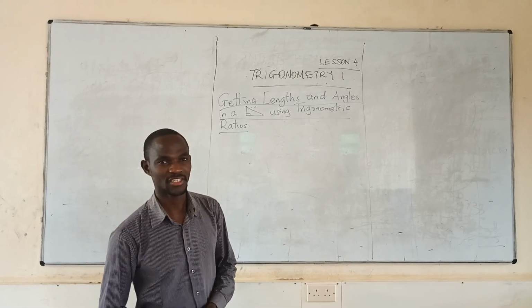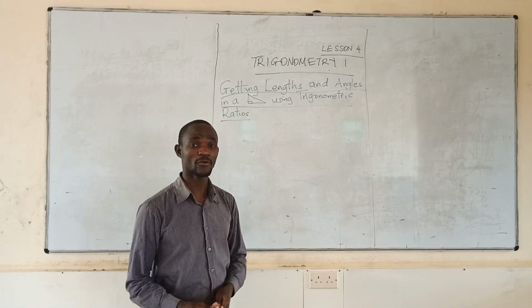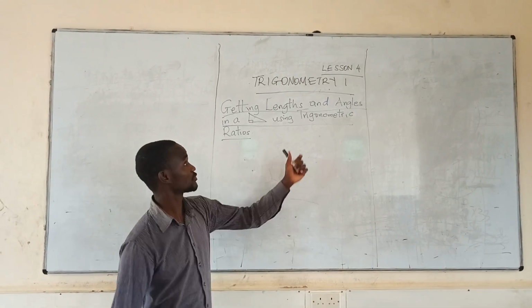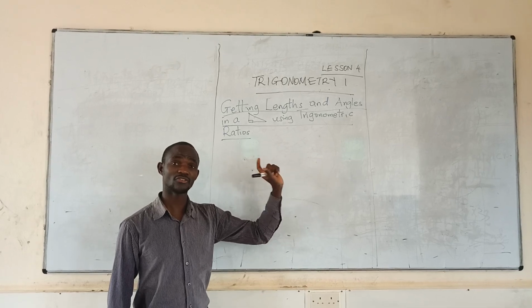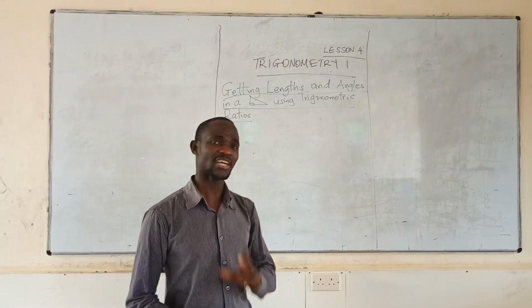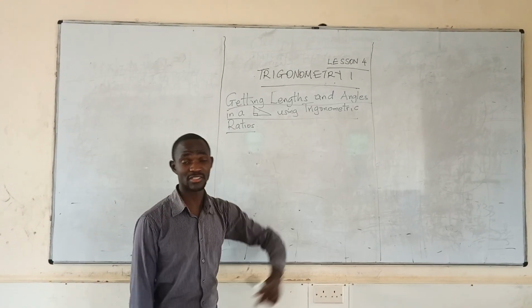The topic still being Trigonometry 1, our lesson 4. We want to see how we use the three trigonometric ratios. Remember the three trigonometric ratios, we dealt with them in lesson 1. We want to see how those ratios will help us to get the lengths and the angles in a right angle